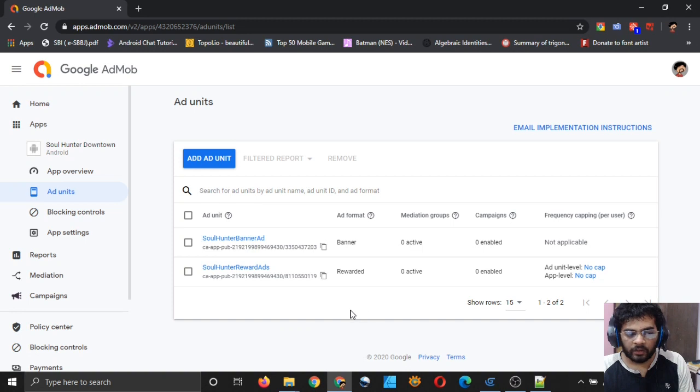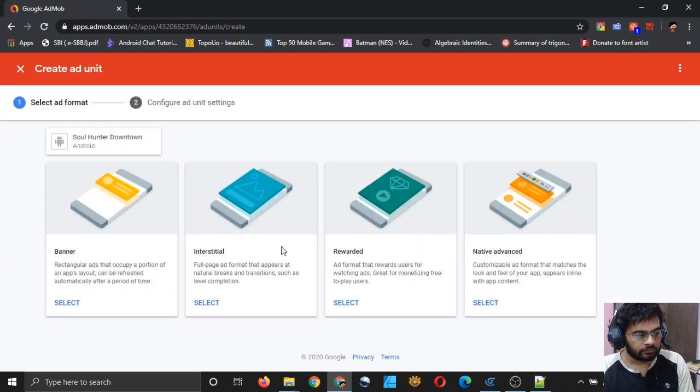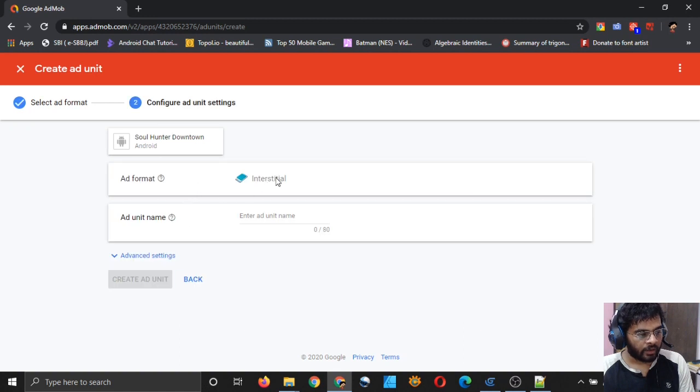So we have two ads now, and let's add another. Let's add an interstitial ad, a full page ad format that appears at natural breaks and transitions such as level completion. So select interstitial ad format.